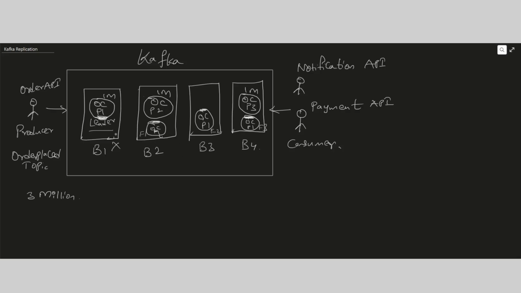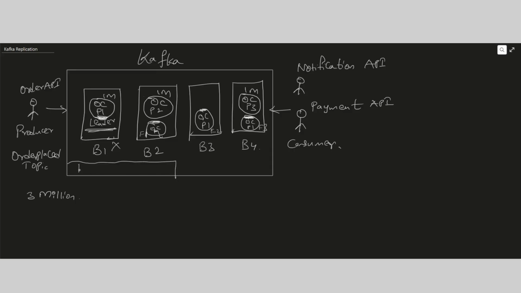Let's say there is a failure case where B1 is down. Previously B1 was the leader for partition 1, so now there is no leader. From where will these three followers read the messages, where does the producer have to insert, and from where does the consumer have to read the messages, as there is no leader? So there is a program in Kafka